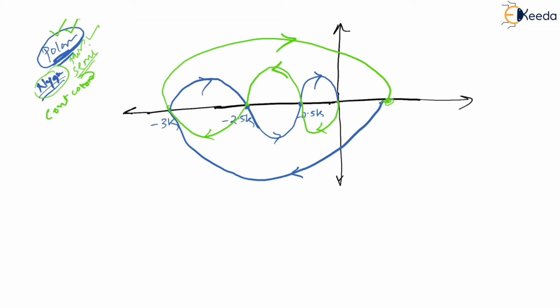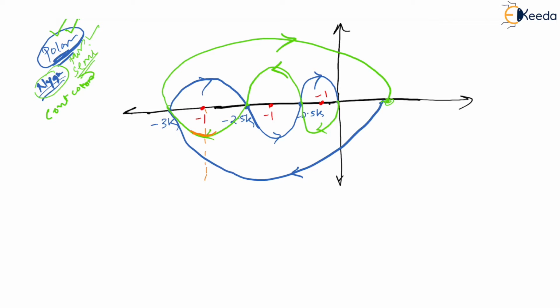So, what will I do? Let me assume -1 to be here. Then let me assume -1 to be here. And then let me assume -1 to be here. Let me just assume that, and let me check the encirclements. For the first one, if I check out encirclements around it, what do I get?